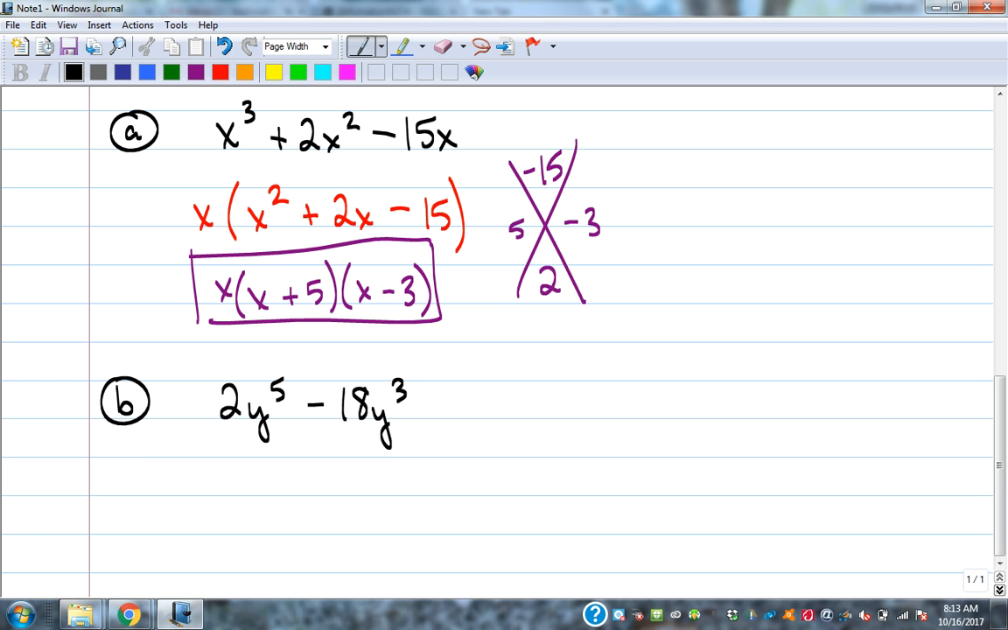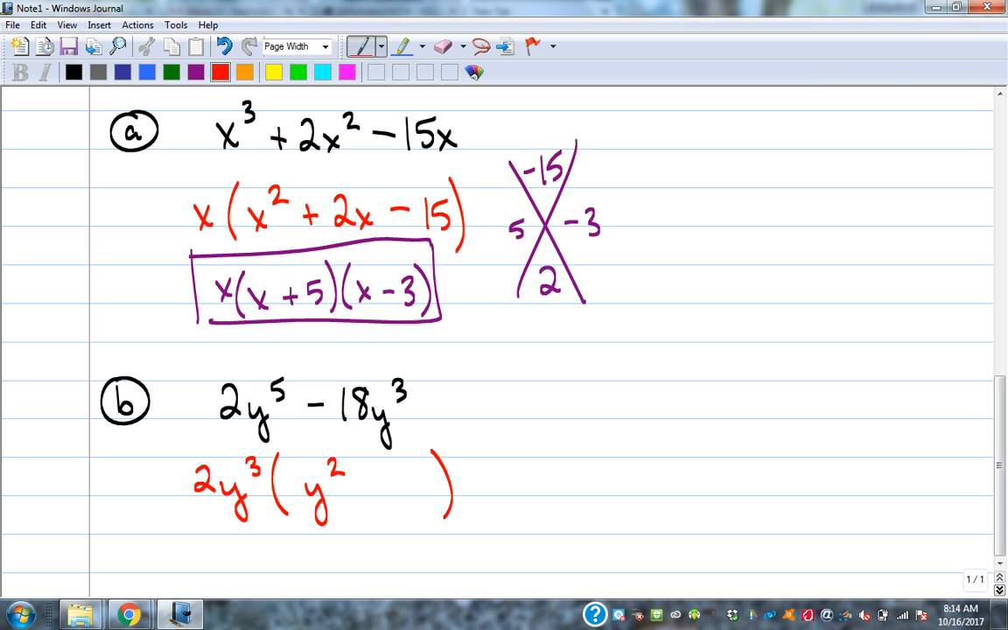2 goes into both of them. So we're going to pull out a 2 with that. So that'll be 2y to the 3rd. If I pull 3 y's away from 5 y's, how many are left? 2 of them. So that's y squared. I also pulled the 2 out. So there's really a 1 in front of that. And then